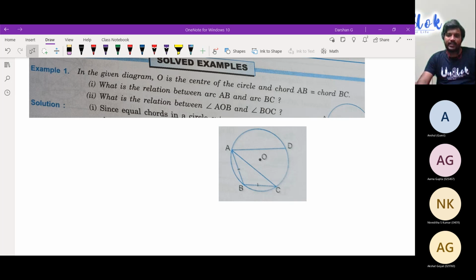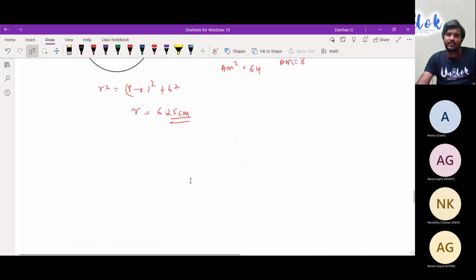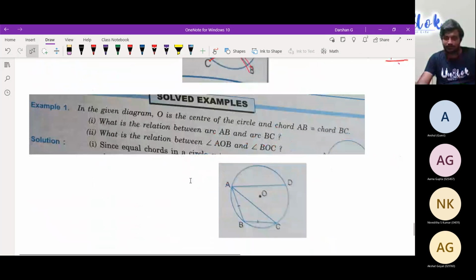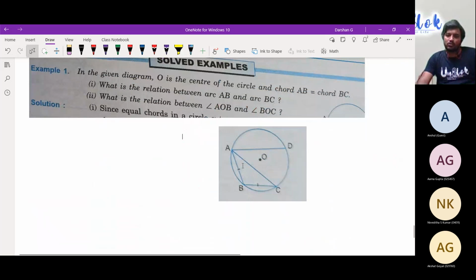Correct. So we studied in the second theorem that it covers equal arcs. That was on a different page. So that simply tells arc AB is equal to arc BC. The second theorem, if you see, covers equal arcs. That's the theorem you have to use. Okay, what about the second one, Nivedita? You told, but can you repeat again?